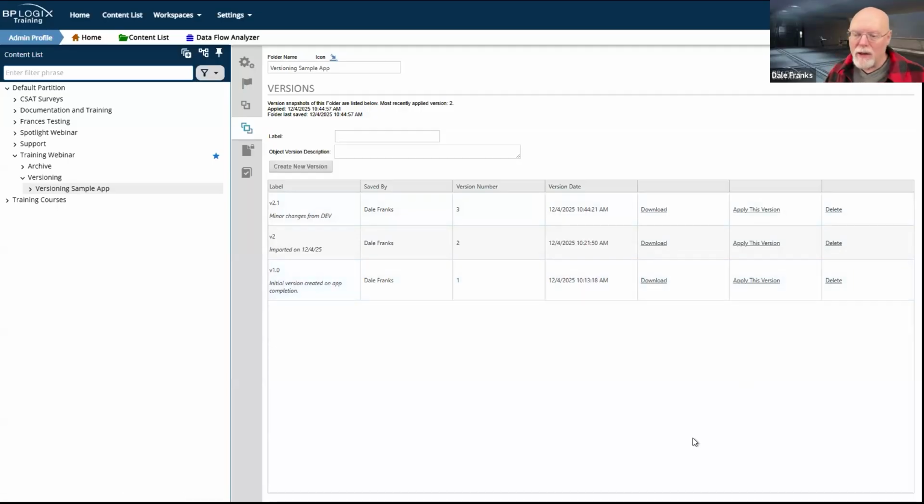And by the way, these versions, they are taking up some amount of space on your system because they are being basically saved as XML files and stored inside your process directory database. So they do cause an increase in database size for as long as you keep them.